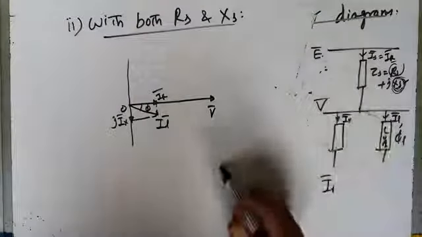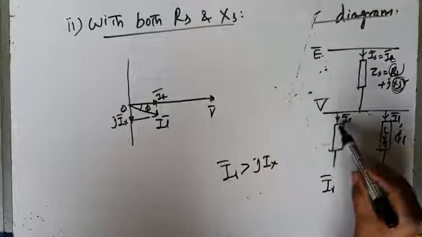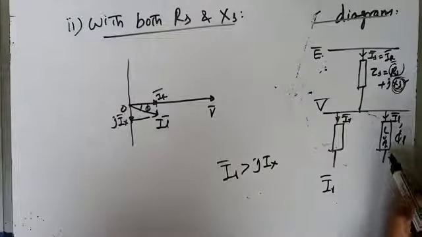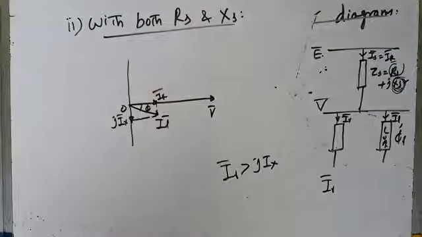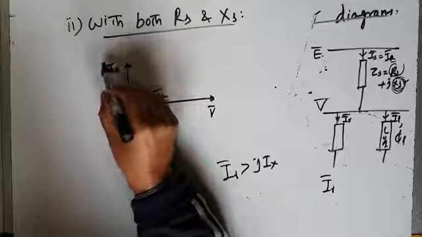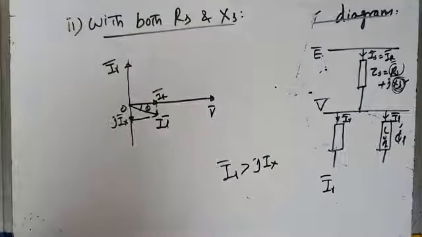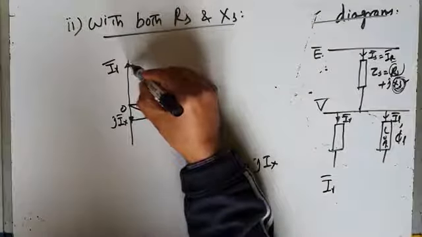Compensator current may be greater than JIX, because it will compensate all the reactive power demand of load, and some reactive power it will inject on the source side also to make source current lead the voltage by a certain phase angle. Okay, so say this is your compensator current I gamma, which is greater than JIX.